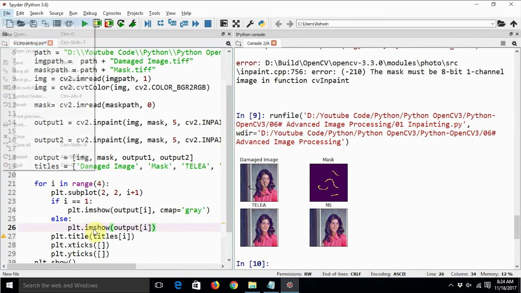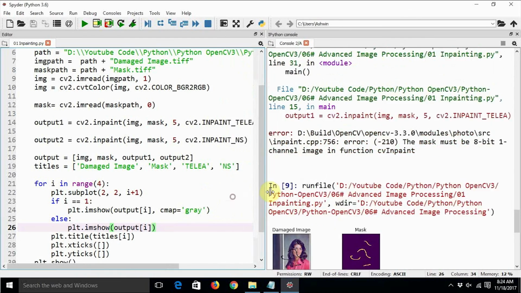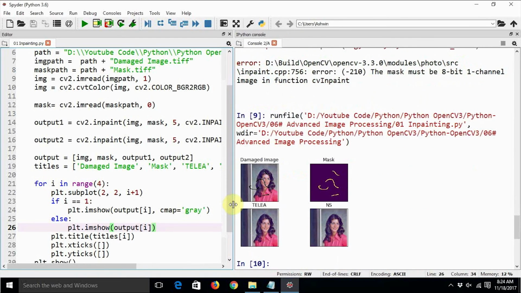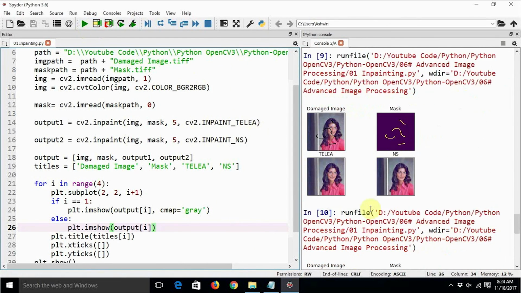So this will ensure that when that black and white image or the grayscale image is going to be displayed, it will just show it in grayscale mode by using CMap equal to gray. Otherwise the image will be shown normally. So let's execute this and see if it is correct.